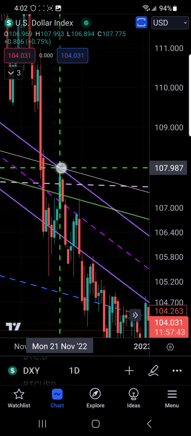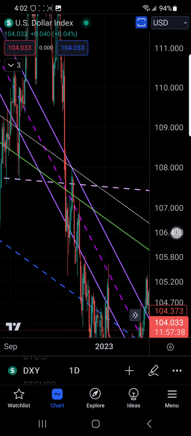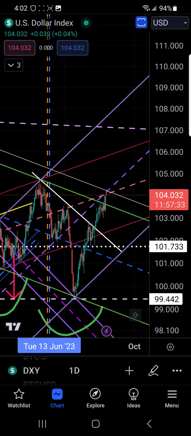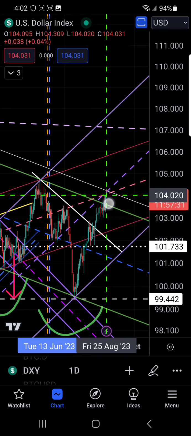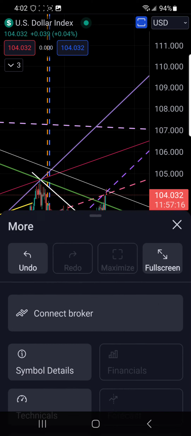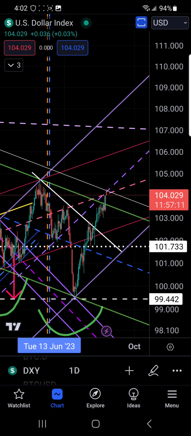And brought it all the way up to this line. So see, that's why it's just so ridiculous. They came to the end and they said, how far can we push this? Oh, look, we can push it all the way up there to fake everybody out and suck up as much as we can before reversing the other way. So that's the dollar index.